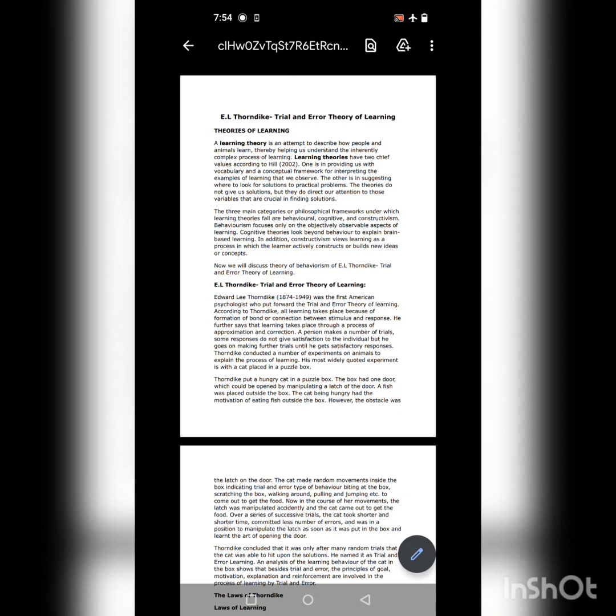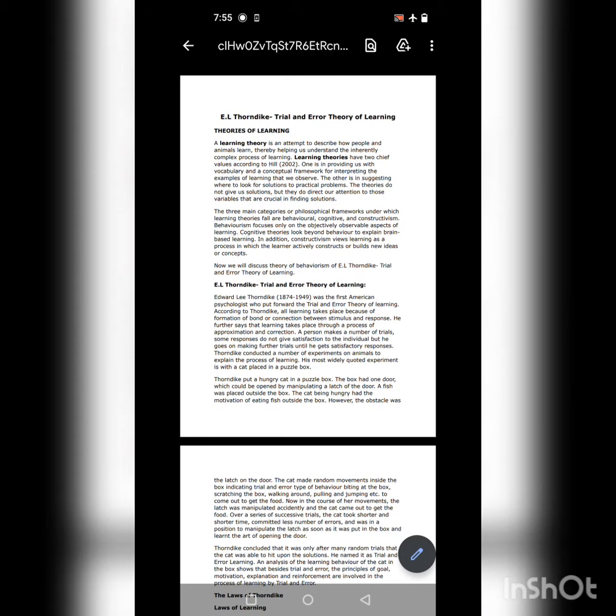Theories of learning. A learning theory is an attempt to describe how people and animals learn, thereby helping us understand the inherently complex process of learning. Learning theories have two chief values according to Hill. One is in providing us with vocabulary and a conceptual framework for interpreting the examples of learning that we observe. The other is in suggesting where to look for solutions to practical problems. The theories do not give us solutions, but they do direct our attention to those variables that are crucial in